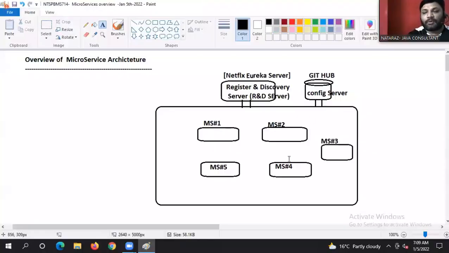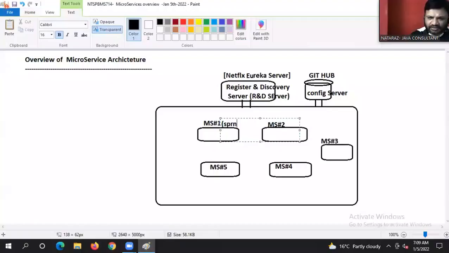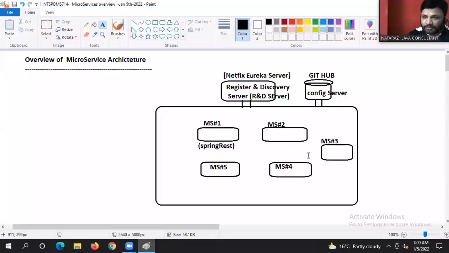Common properties with common values for multiple microservices, because everything is a Spring Boot application. You know that. Every microservice is a Spring REST application, right? When it is developed by using Spring Boot, a lot of properties will be required. So if multiple microservices are looking for the same common properties, then they will be placed in what, guys? Config servers.